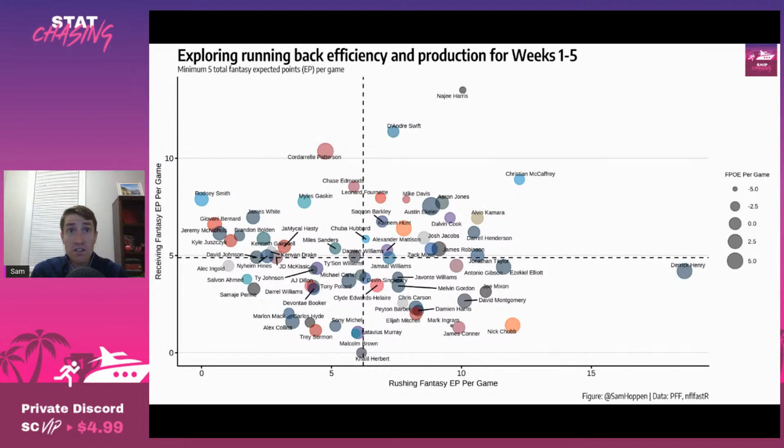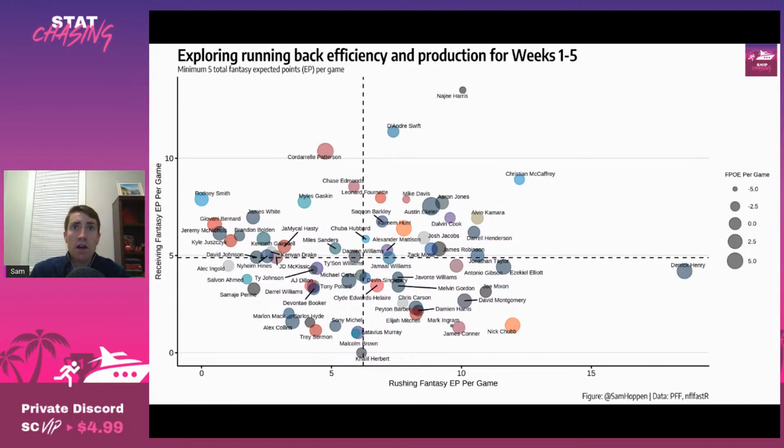More encouraging for Gaskin is that he's had double-digit opportunities in every game this season except for Week 4. Again, I really think that Week 4 was just something that is not going to happen again, or at least not to that extent. Meanwhile, with the other two backs, neither Malcolm Brown nor Salvon Ahmed have recorded more than 9 opportunities in a single game. Granted, they're still taking away opportunities from Gaskin to the tune of 7 opportunities per game for Brown and just over 6 opportunities per game for Ahmed.